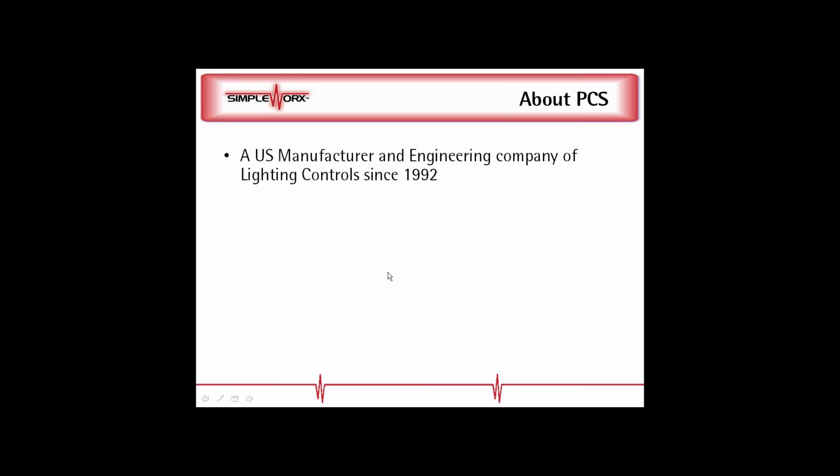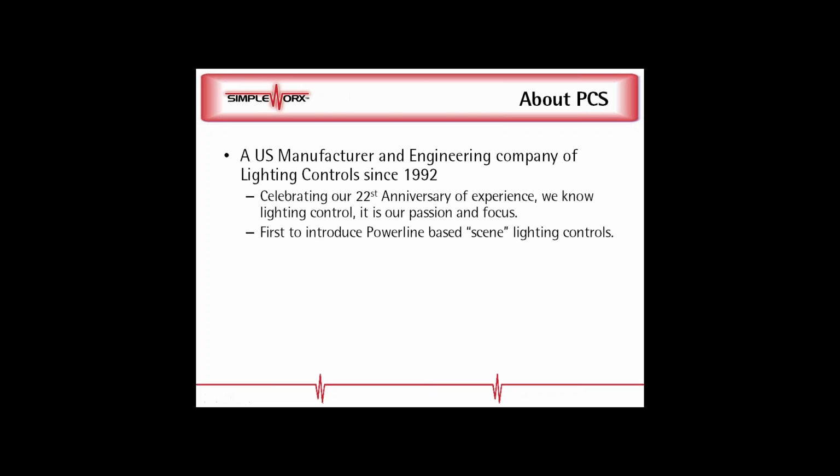So a little bit about PCS. We've been a U.S. manufacturer since 1992, around 22 years. One of our big claims to fame is that we have been living on the power line our whole career. We're proud that we were the first to introduce scene-based lighting control over the power line,